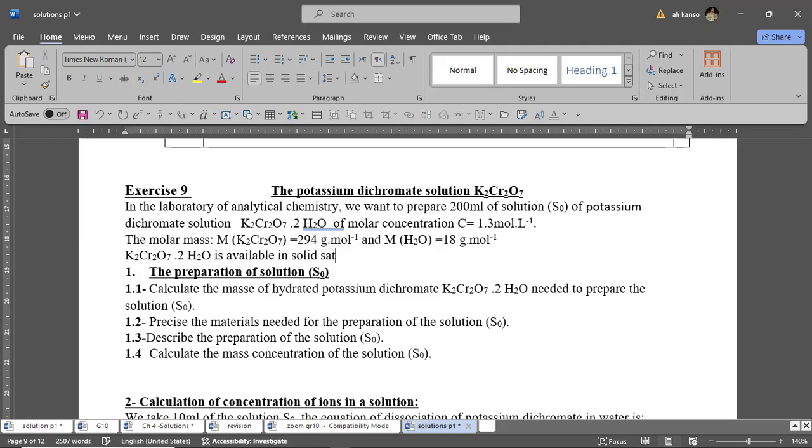It's not in liquid state. So calculate the mass of hydrated potassium dichromate needed to prepare the solution S0. Here, because he is asking about the mass of this substance, so we are going